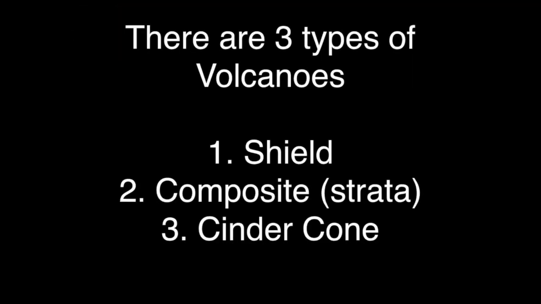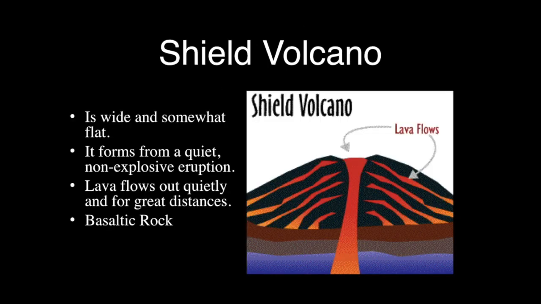We're going to focus on three types of volcanoes: the shield volcano, the stratovolcano, also called composite volcano because it consists of different layers, and then the cinder cone volcano, which is very steep. Now the shield volcano is generally going to be wider than it is high. It's more of a quiet volcano that erupts lava, and you're not going to have your explosive cinder and large